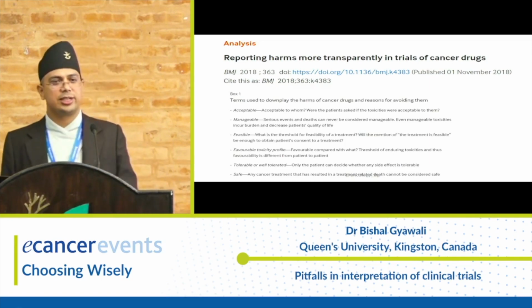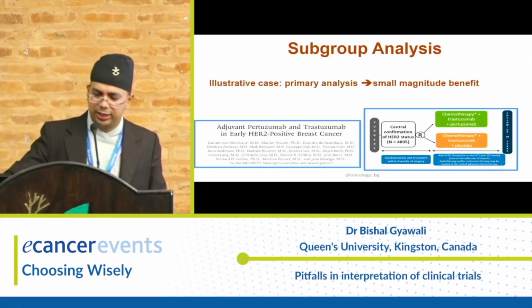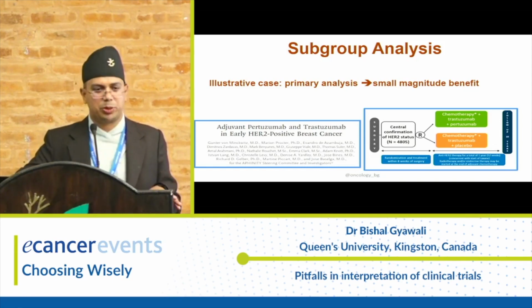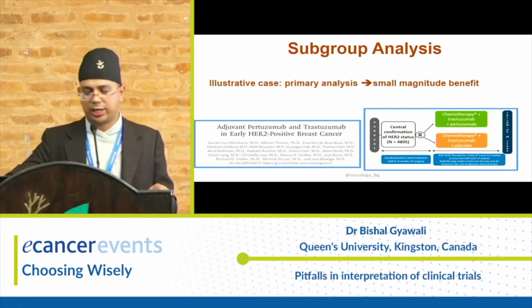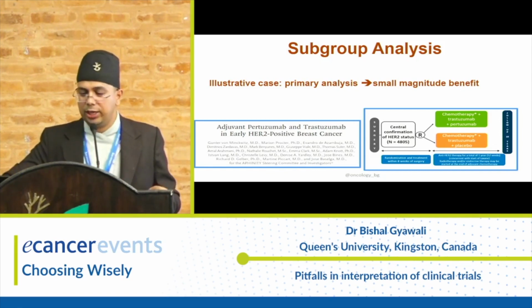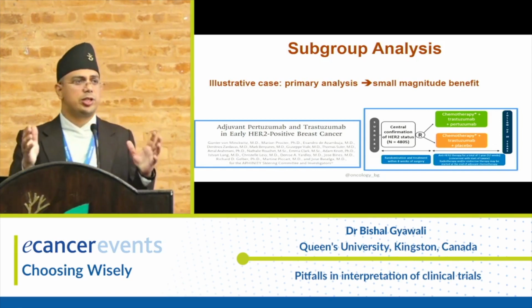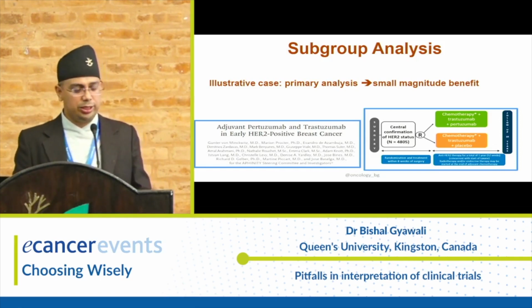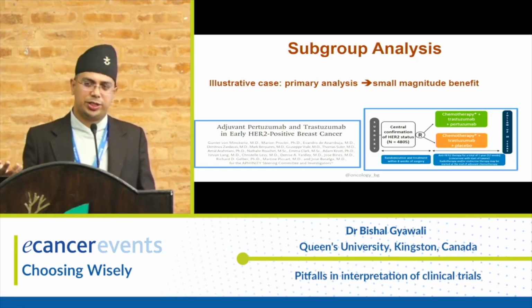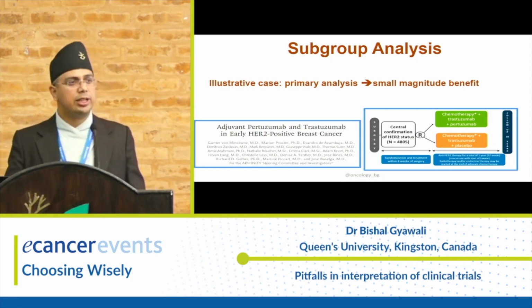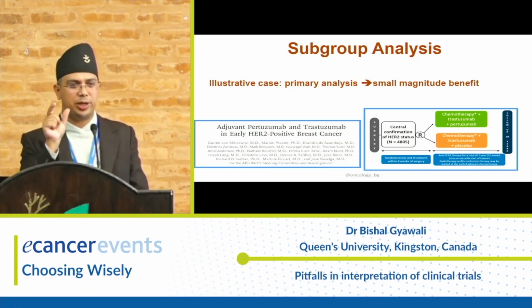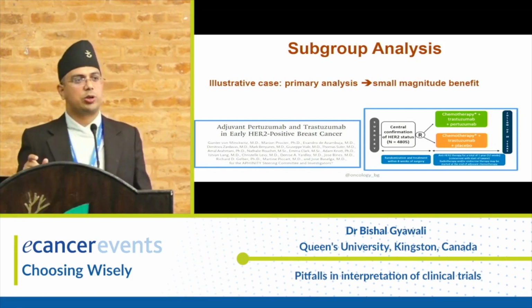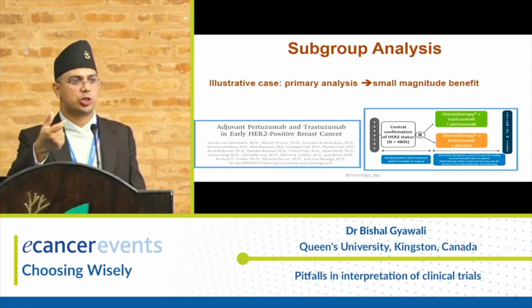Okay, next, let's talk about subgroup analysis. This is an important concept, and I think this is very much prevalent in several disciplines of medicine. In cardiology, this is a big problem as well. So subgroup analysis is, they give you the main results, but then sometimes when the main result is positive, sometimes even when the main result is negative, they look at different small subgroups of patients and give the individual results for each subgroup, and then they will try to claim a treatment effect based on those subgroup analyses.